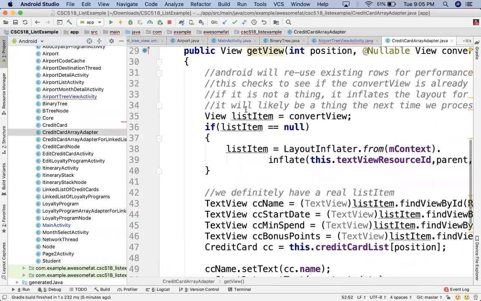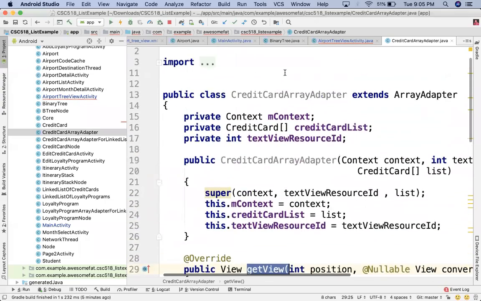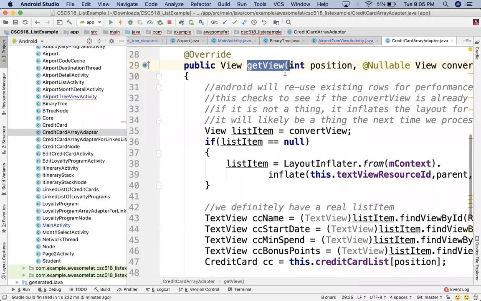Get view? We had to write our own version of get view, right? Everybody with me now? That's what we had to do special for our custom array adapter to work for, in this case, credit cards